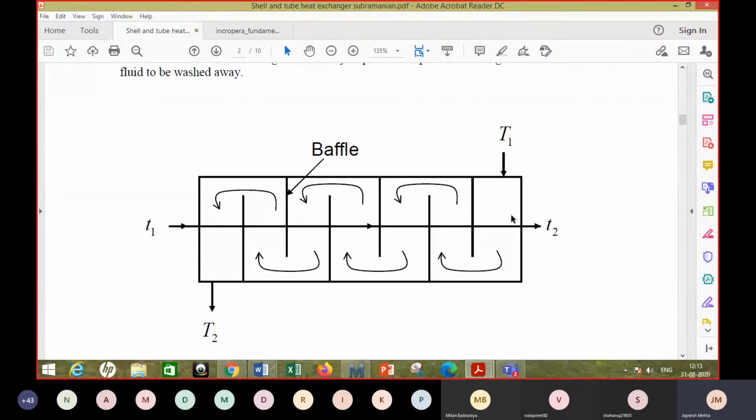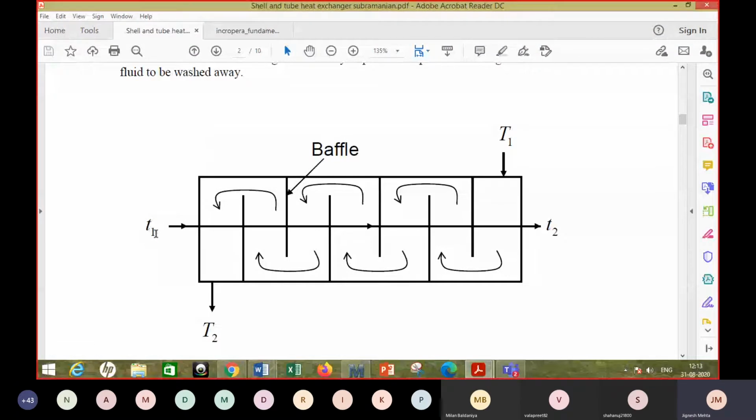So when you calculate the log mean temperature difference, what are you going to do? You are going to find the temperature difference here, and the temperature difference here, and using that, you may find the log mean temperature difference if the flow is purely counterflow. So that will be like, if you consider this to be section 1. Normally I don't write 1 and 2.